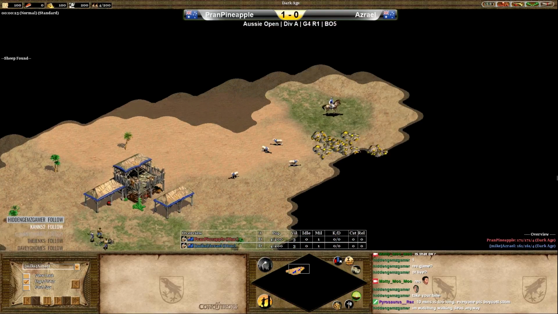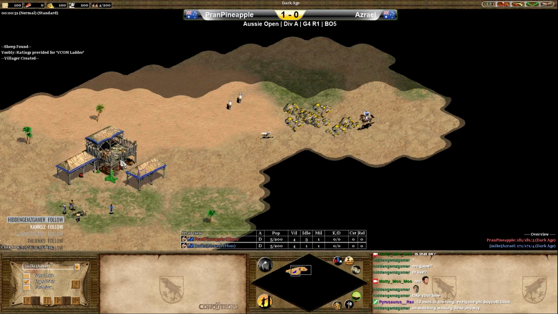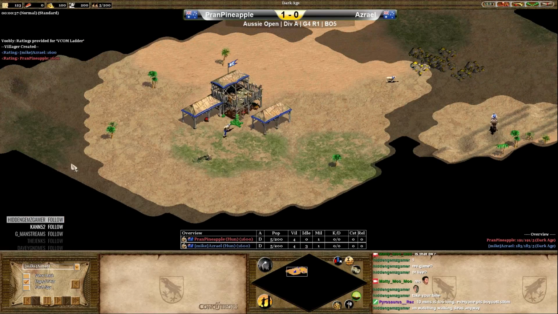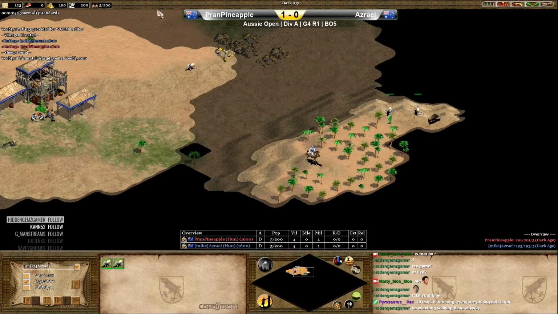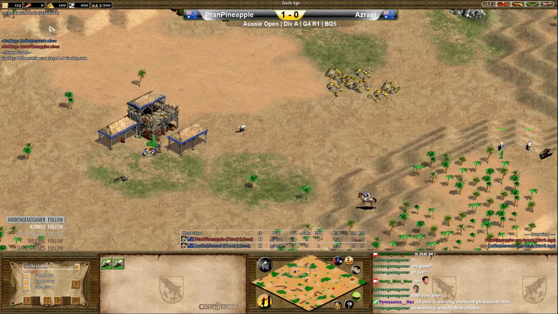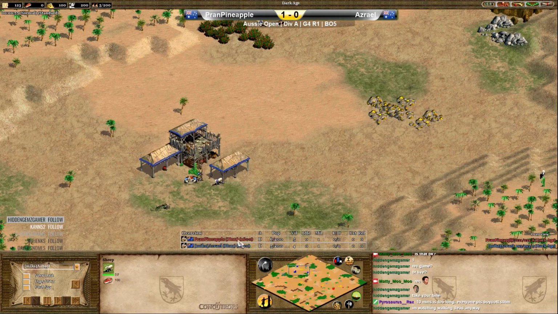Now, of course, Pran taking the last game against Azrael with the Britons war on Oasis, and now Azrael has chosen his home map. I don't even have to undo the Fog of War. I know exactly what's coming in here. He has chosen Arabia, which makes me extremely, extremely happy, and he's also chosen his civilization today for the Hun